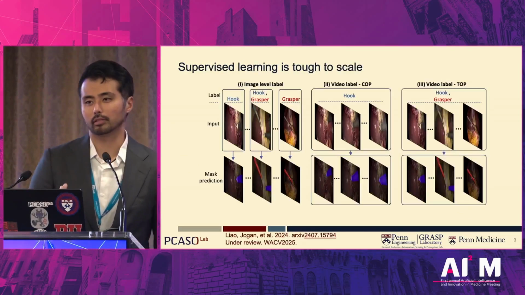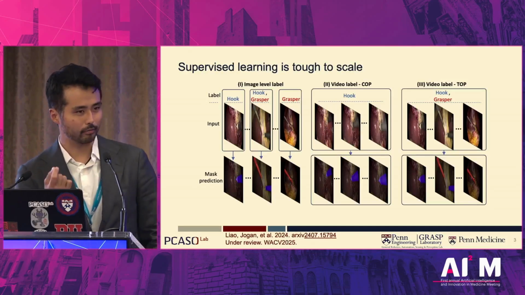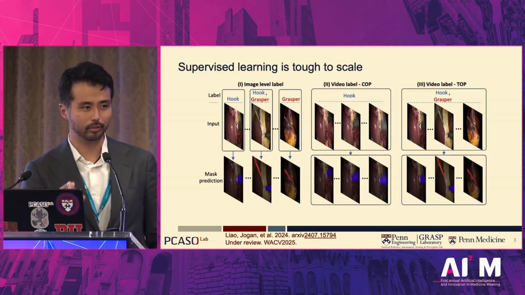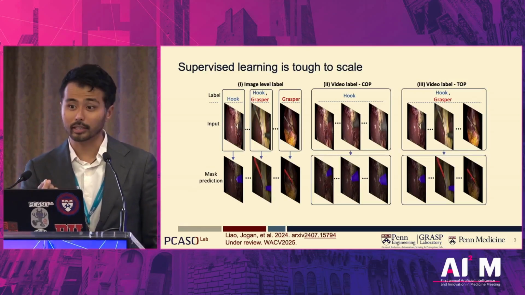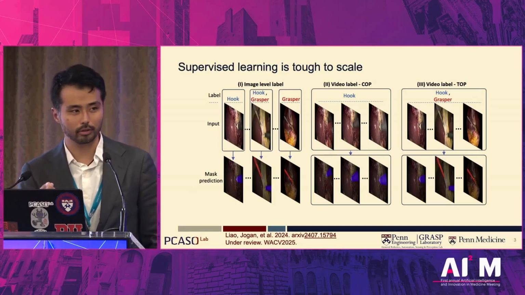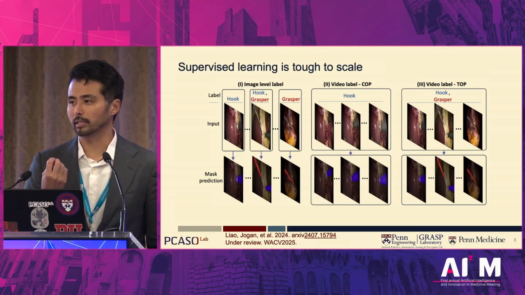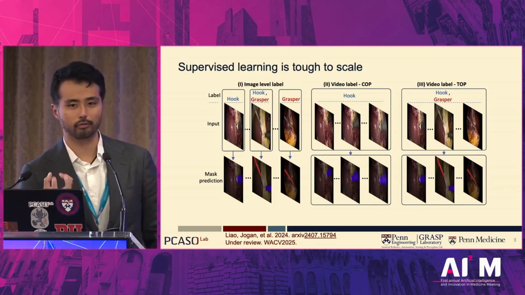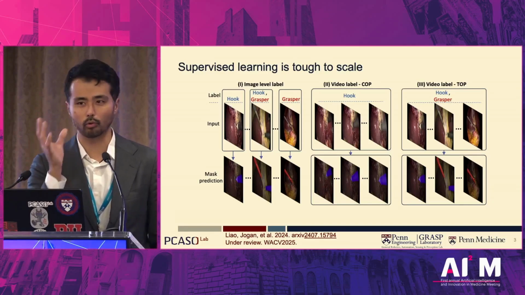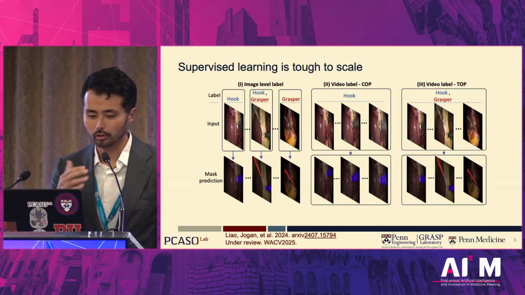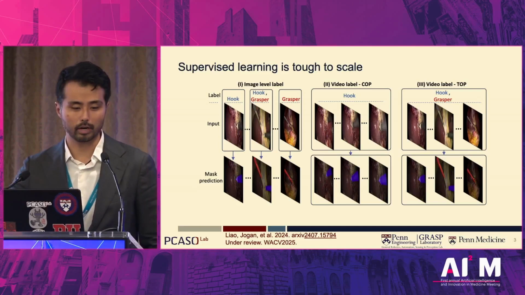The problem with something like supervised learning, however, is that, as Dan Donahoe made the point earlier, it's very difficult to get clinicians to label your data. It's very difficult to have people sit there for 20 minutes at a time even, and that's nothing compared to an operation that can take 3 hours, 6 hours, 8 hours, depending on the type of surgery. And so far, the techniques that we have utilized have been addicted to frame-level supervision. Every single image within a video gets labeled for what organ is in there, what instruments are in there. So you have a very good idea of what is the ground truth, but it's come at an incredible cost.